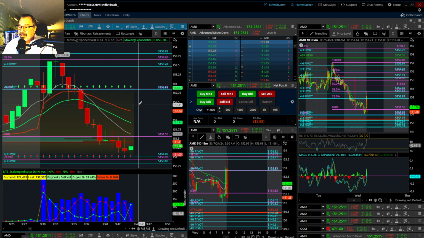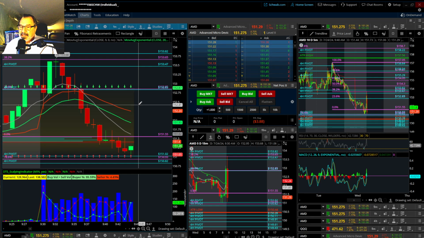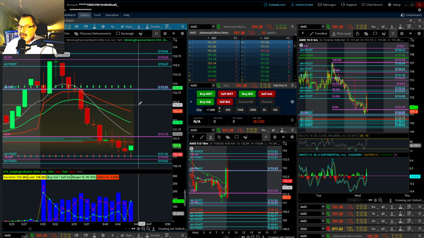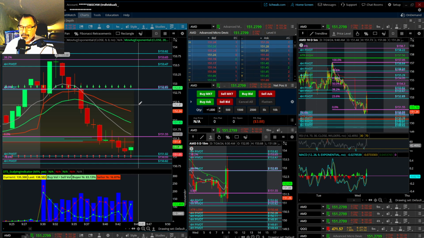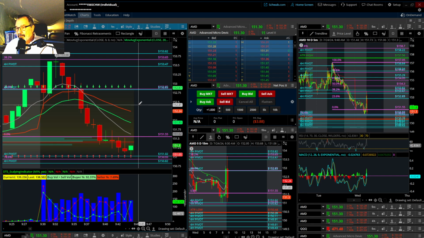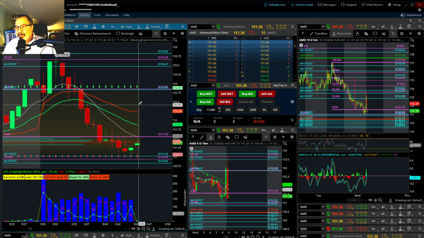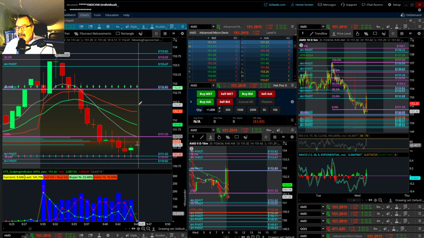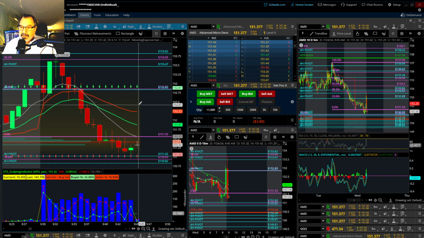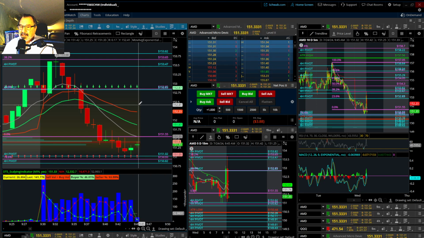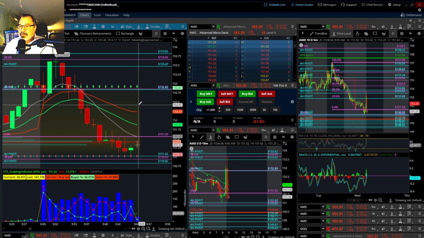So let me go over a little bit about this layout, and I'm going to go over more about the strategies that we're trading here. This is considered to be the perfect 1-minute layout. It's used specifically for two strategies, the RV strategy and the open strategy. We also use it for the escalator strategy.